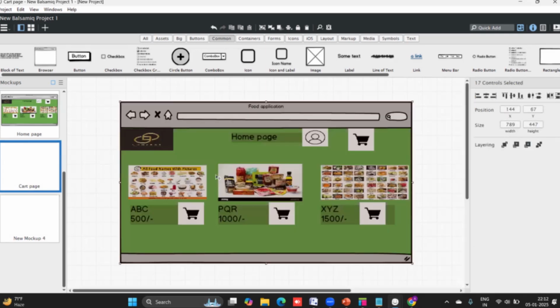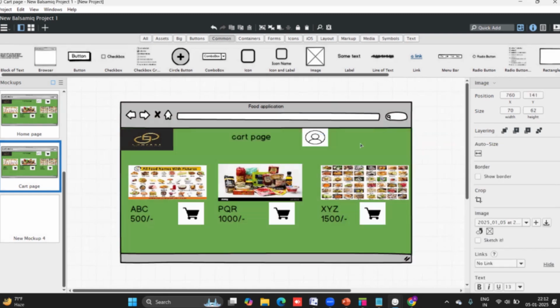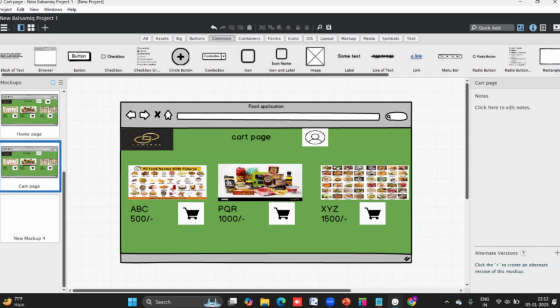In the cart page, just simply copying and pasting that home page, and I'm renaming this one to the cart. Okay. And in the cart page, symbols are not required. Okay. Just simply I'm taking the